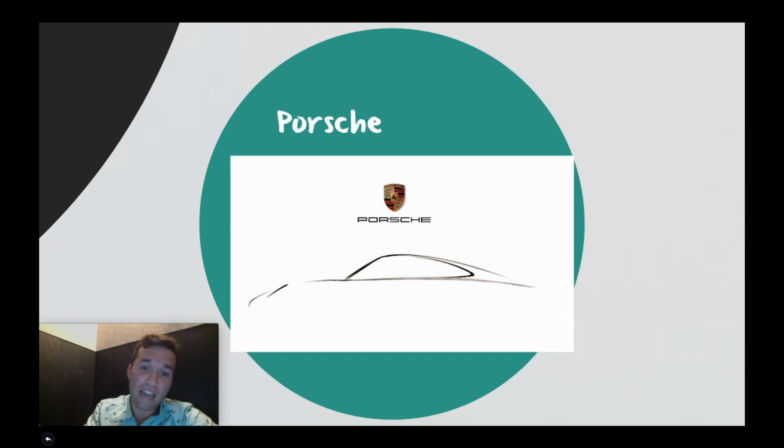But I thought this ad was perfect. There are a few lines here, but across the board their design hasn't changed much since they started, and you can just tell. If I covered this logo and just asked what car company that shape is, anybody who's aware of cars would say, oh yeah, that's a Porsche for sure. It's not going to change.